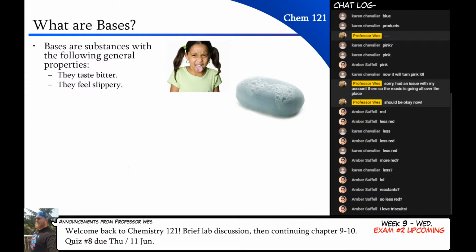Just FYI, every time you use soap in the morning, soap is a base. Or in the afternoon. You can use soap whenever you want. Soap dissolves your flesh, just in case you didn't know that. You don't need that layer of flesh. It's dead anyway. But what soap does, as any base really does, is it reacts with fatty acids, so lipids